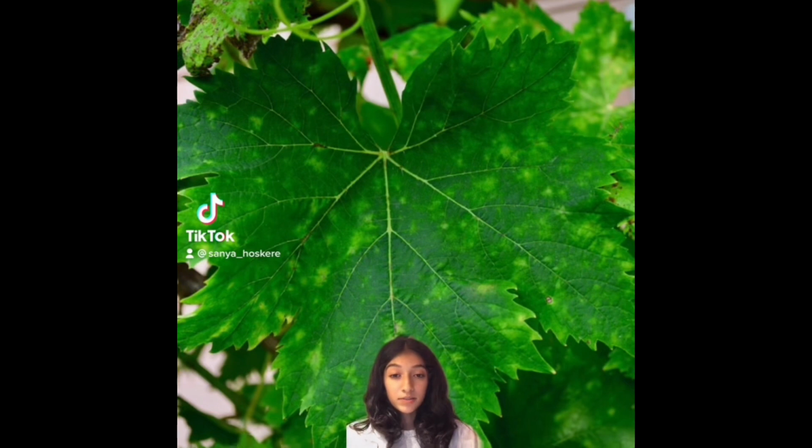tissues of the leaf. Once plants are infected with the tobacco mosaic virus, they aren't diseased right away, but they must be removed from other plants immediately, then destroyed. Therefore, any plant that is infected with the tobacco mosaic virus sadly does not survive. Unfortunately, there are absolutely no treatments or cures for the tobacco mosaic virus. Infected plants must be dug up from the roots, then burnt as soon as possible to prevent contamination to other